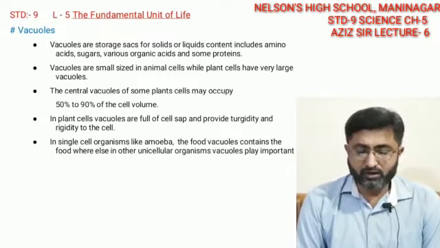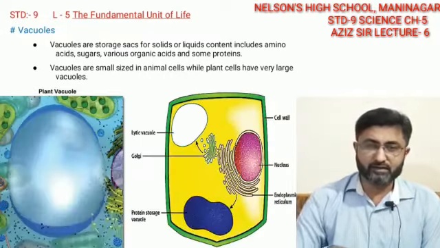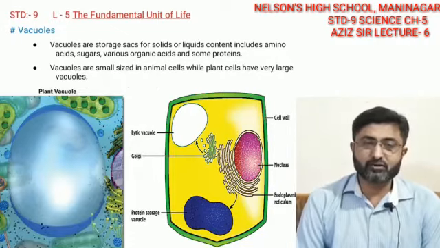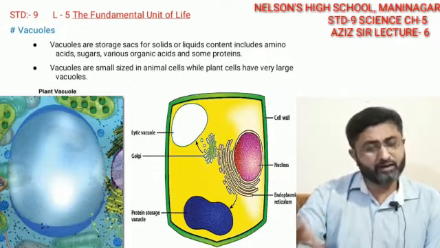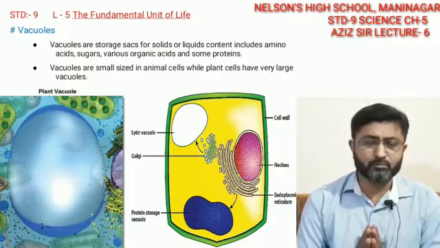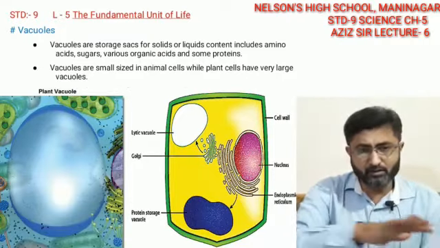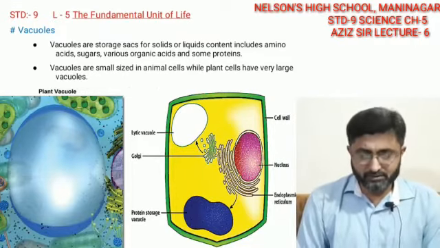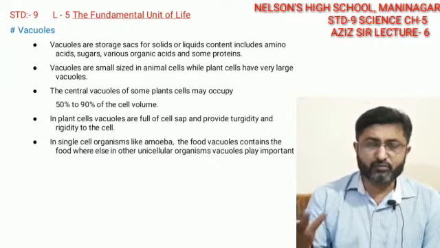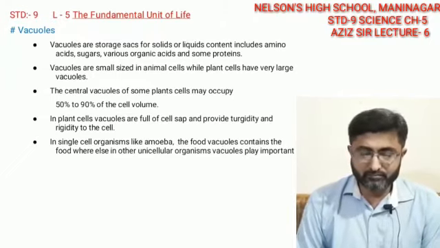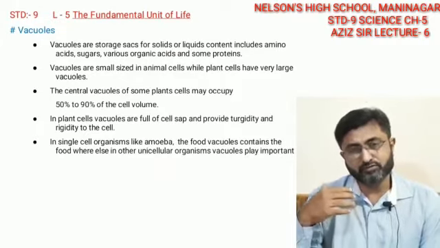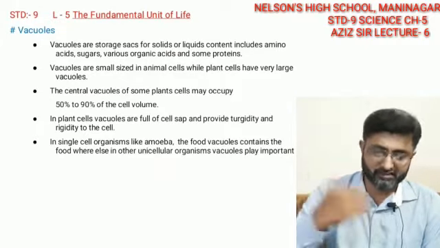Fine. So what are vacuoles? Basically vacuoles occupy a big space in a plant cell and a small space in the case of an animal cell. Maybe more than one vacuole is found in an animal cell, but in a plant cell it's a large vacuole. The large vacuole has a bigger space inside, and it covers almost the complete area of the plant cell. Vacuoles are a sac, you can say. Sac means a kind of bag structure which contains a lot of material inside, in terms of solid materials also, liquid materials also, storage, and storage of waste materials also,